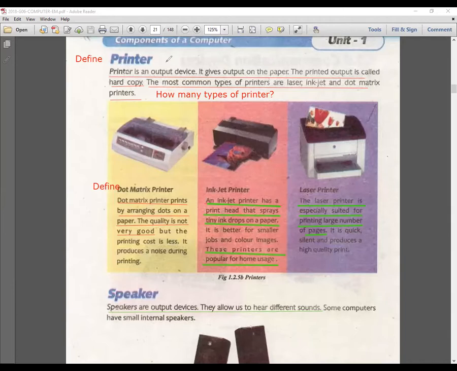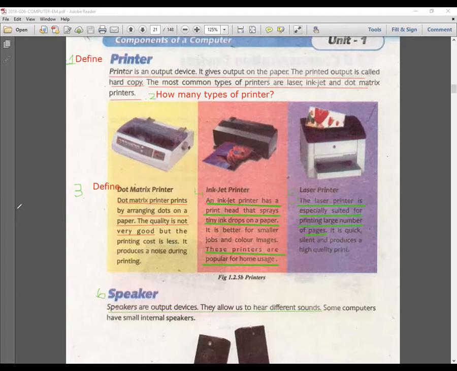Okay, in this way we have definition 1 here, 2 here, 3, 4, 5 and 6. Six definitions are included in today's lesson.